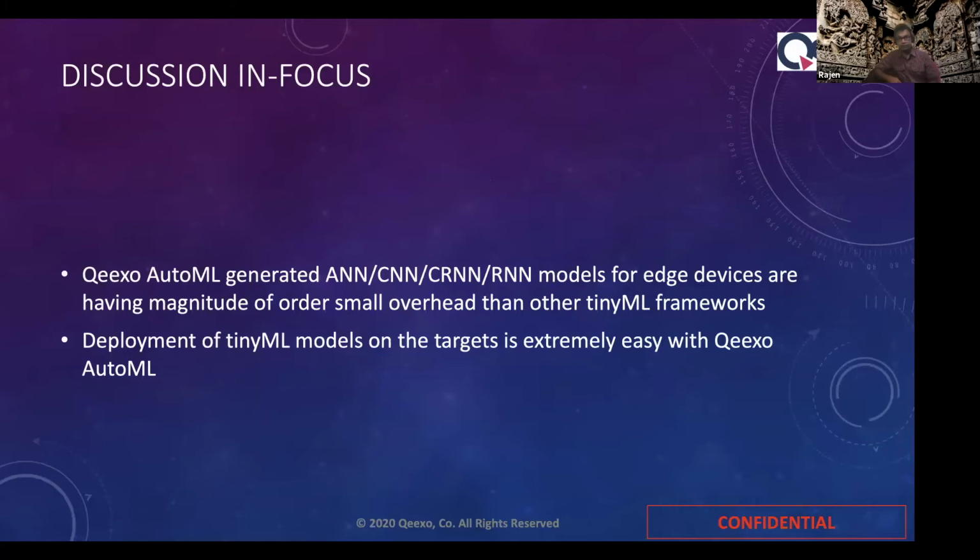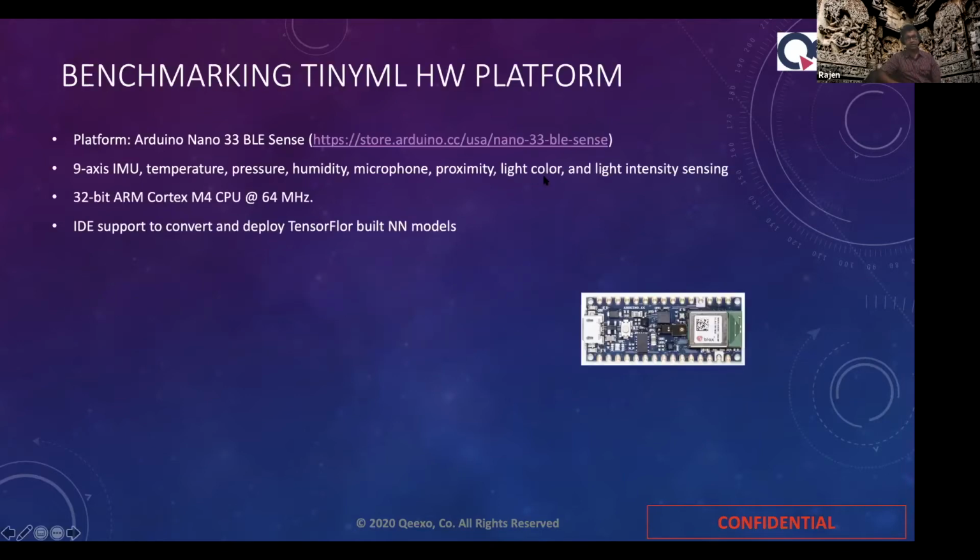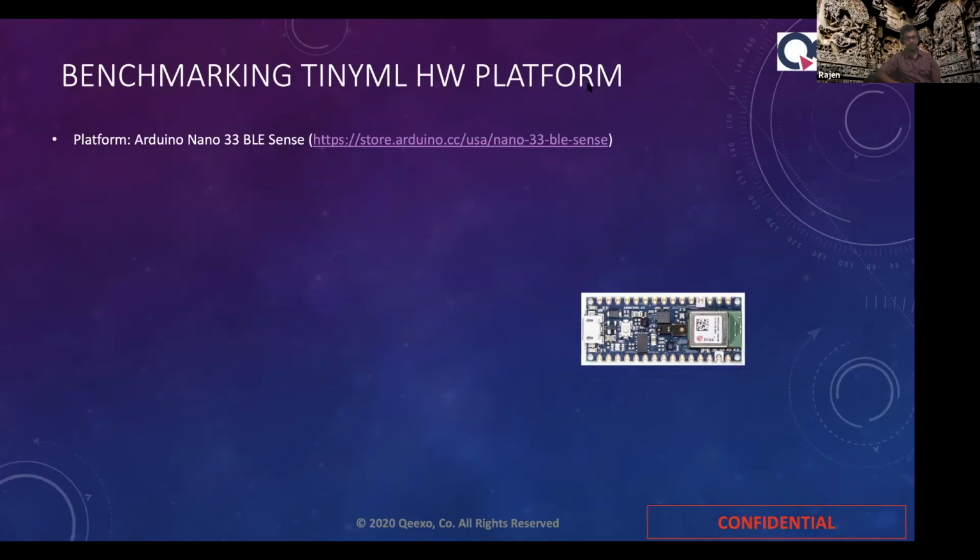In this discussion, we will focus on two key aspects of Qeexo's architecture. The first one is extremely small overhead. I will explain as we progress what we mean by overhead. We will see that compared to any other frameworks for model conversion and deployment, this framework builds lighter binaries with no impact on performance and latency.